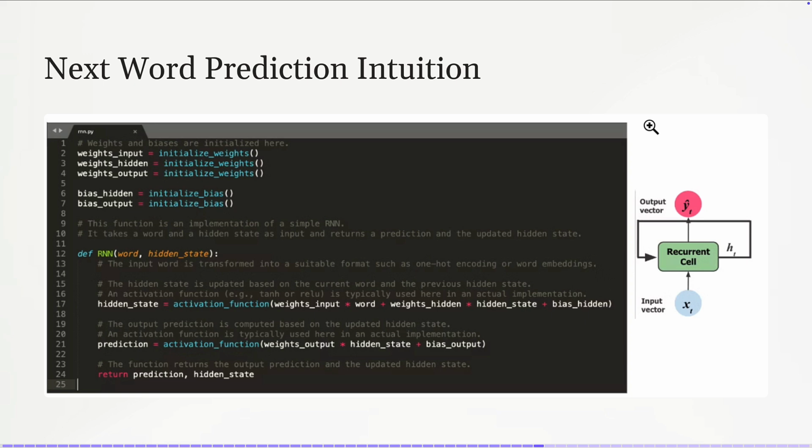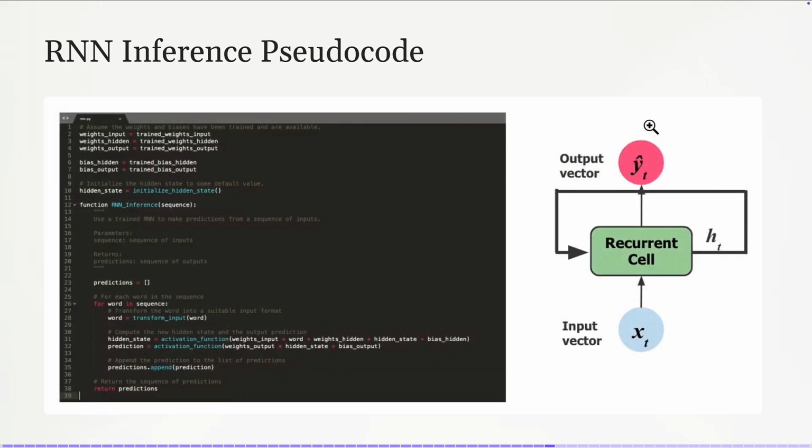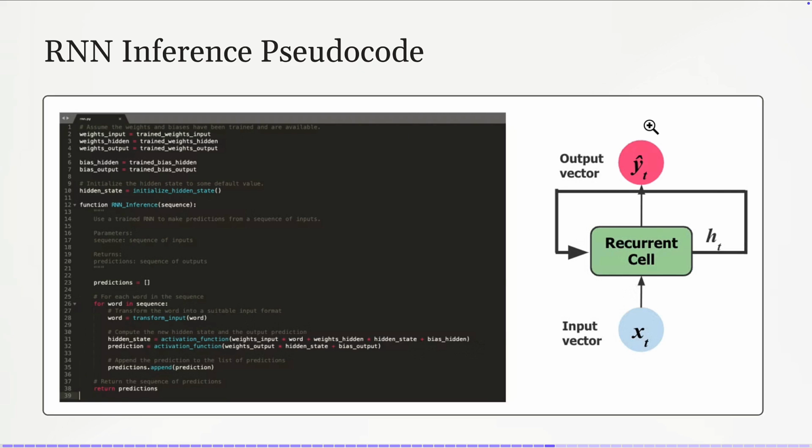So we take this hidden state that we calculated. This is ht minus 1. This is the current ht. So this will make the prediction based on the previous context, because it's recurrent. So every time we input a sequence, this sequence will have an effect on what is going to come next, because it was trained in this way. Okay, don't worry about the code. Just for people who are familiar with coding, they understand this is just the function that you have written in pseudocode Python. And this is how to make RNN inference. So it's another way to represent the code.